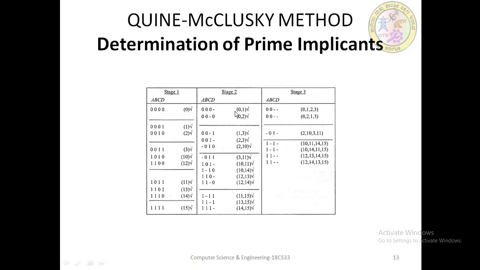So why are they not considering 0, 1 and 1, 3 here? Because you can see these terms are not matching. 0, 0 is fine, but here we need to compare 0 with a dash and 1 with a dash, which once again means redundant terms. That's why we are not considering it here. And the same applies for 0, 2 and 1, 3.